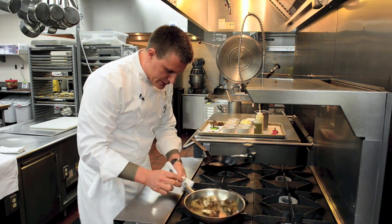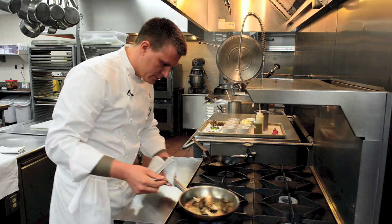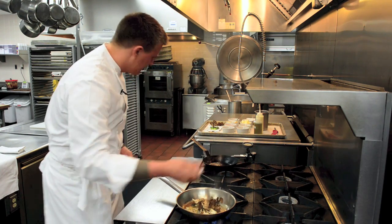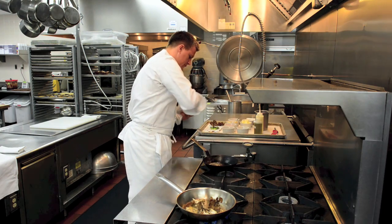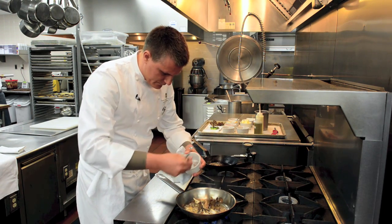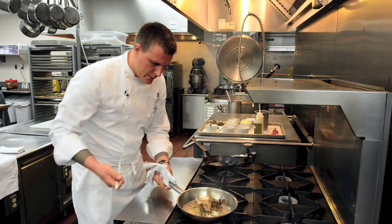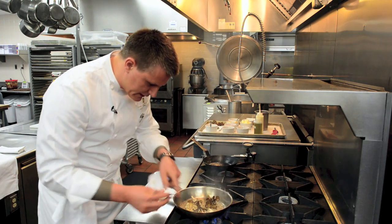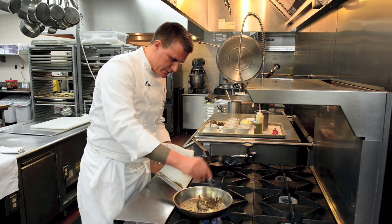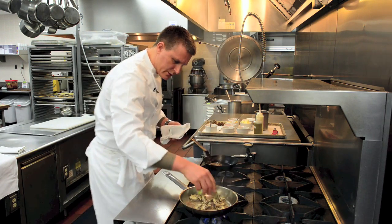Okay, so these mushrooms we just want to turn, brown them. We're going to add a little bit of shallot. So we have diced shallot here. Once these start to brown, and you can see that flavor coming out right there, then we can add our asparagus. So in goes the asparagus,